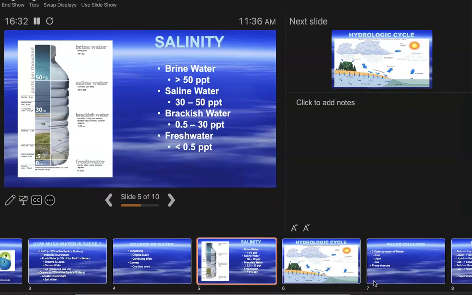This one you saw when we talked about the oceans, I think, a little bit. All right, this is just your lovely little water bottle example. We've got a couple water bottles in the room right now. It shows you, just that last sip at the very bottom, okay, represents all of the fresh water that we have on the planet available to us. It's still not going to hold you responsible for the parts per thousand on the salinities, okay, so don't worry about that.